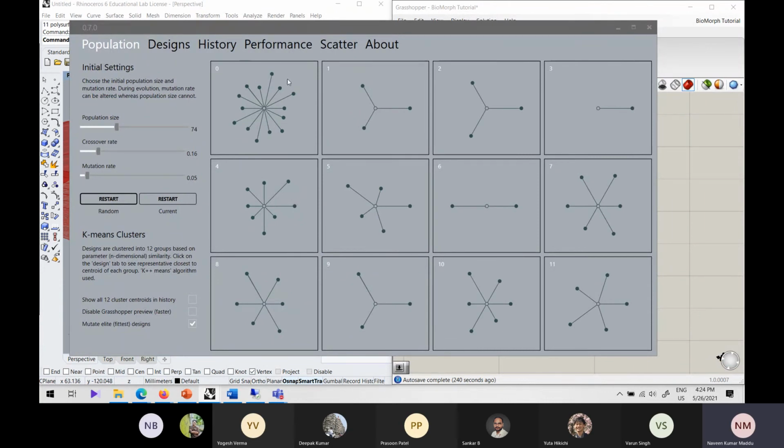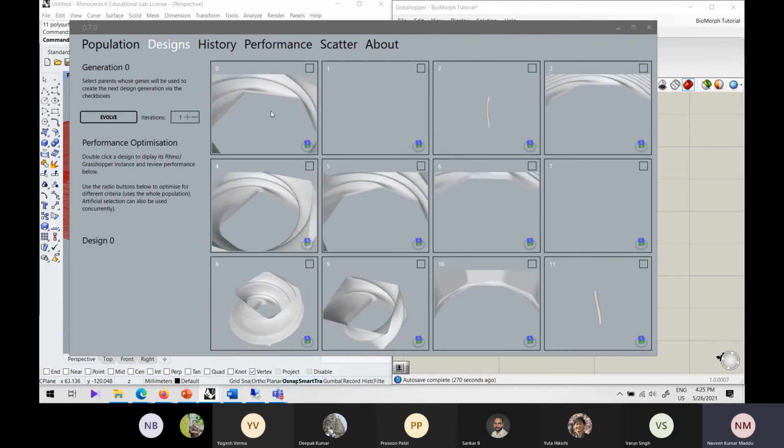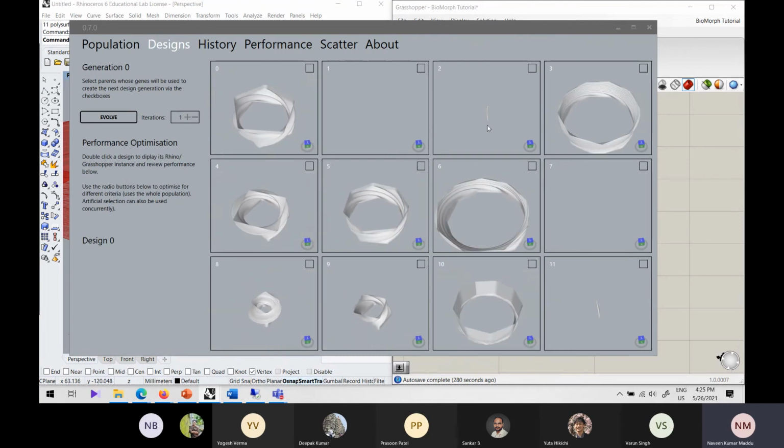All these things are your design options, the endpoints. But as you can't show all the thousands of objects, it has taken an average and is showing it at the center point. So all these points are represented at the center. The second set is like this, the third set is like this, and all of them are represented by the center mean. If you want to see the designs, you can click on the design tab and you can see the design.